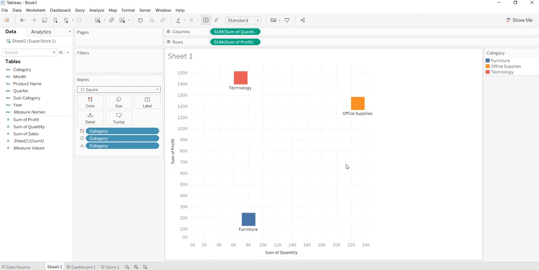So in the coming lectures we will dive deep into the understanding of each of these buttons or properties to have a comprehensive understanding of the way marks